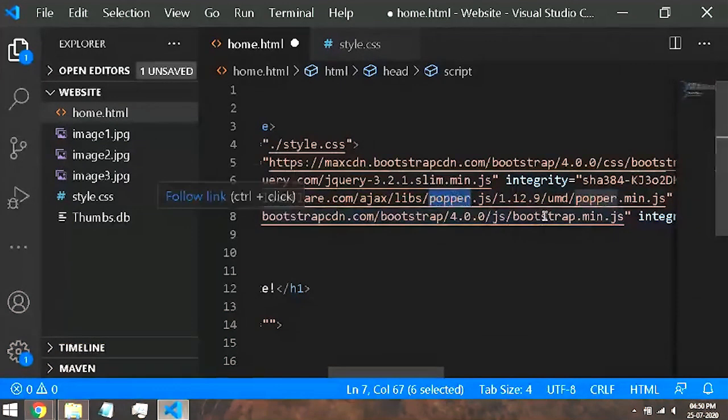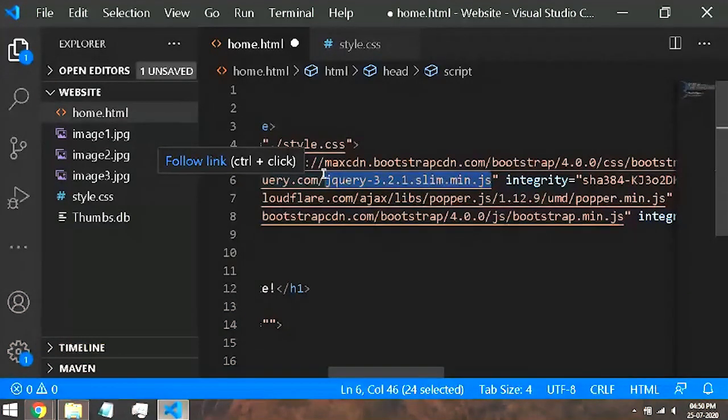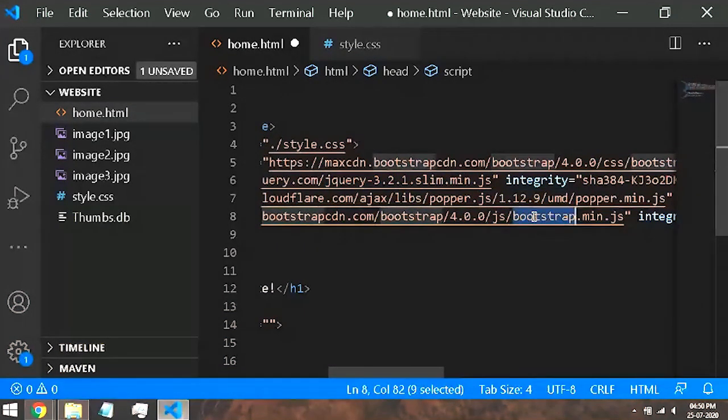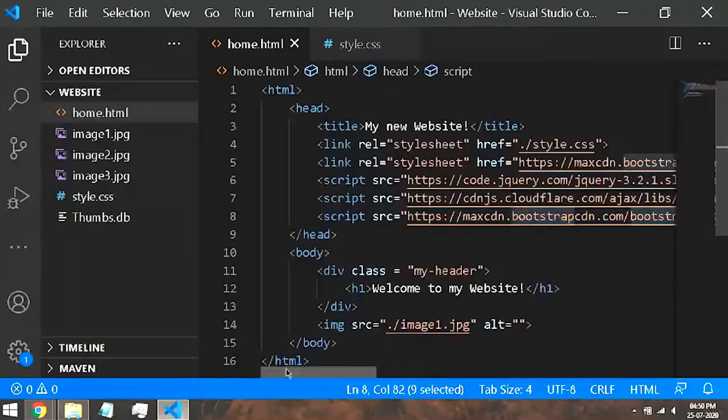That means that there is some code in bootstrap.min.js which utilizes code from these two files. So it's a dependency. Again, I'll give you an example from a coding point of view. When we do a hash include of stdio.h in C or C++, after doing that, we are able to access some functions, right? So these are two dependencies of Bootstrap. That's how it works. Now I'll just hit save.